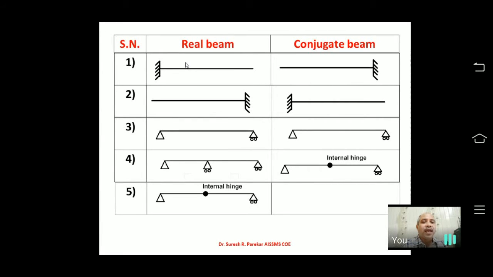If I go to 5, now at 5 we have moment 0, and that is at an internal hinge, and here we have that as a support. So we have this conjugate beam method and we have to go for this. Now here the internal hinge becomes a roller support, because we know at an internal hinge we have displacement, and for that displacement we should have shear force at B. So in this way we have the real beam and conjugate beam.